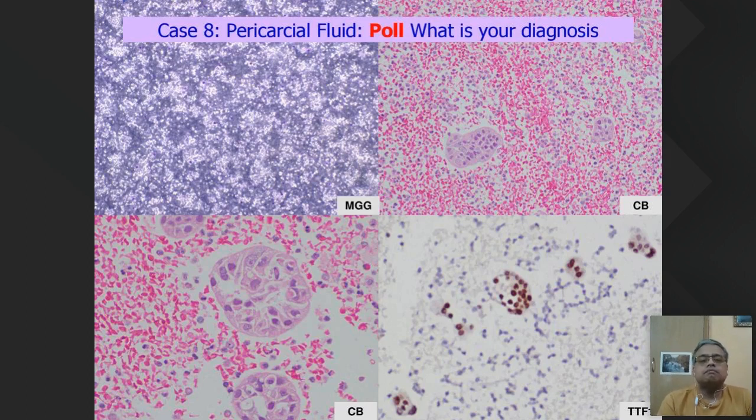So pericardial fluids tend to come in 3 types. Pericardial fluid can have a predominantly hemorrhagic fluid in which there are no cells. This is the most common pattern. The second less common pattern is when you have predominantly an acute inflammatory exudate. But although it is acute inflammatory exudate, the commonest diagnosis turns out to be tuberculosis. So you get a tubercular pericarditis.